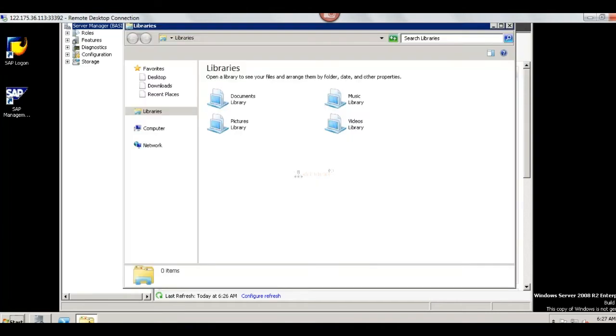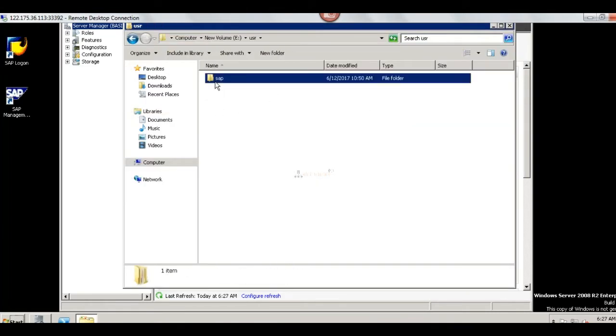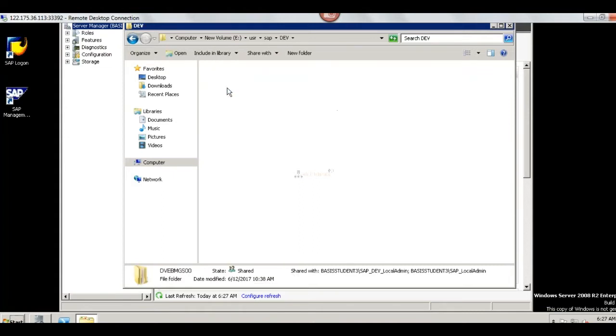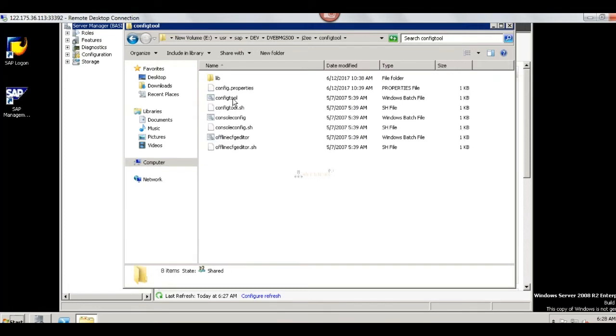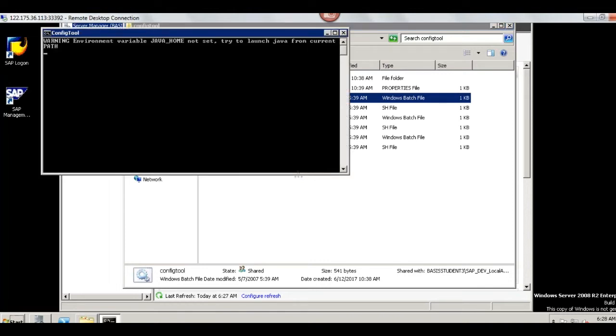So using the Config tool, what can we do? Under usr, sap, SID, instance, J2E, there is the config tool dot batch file. This is my Config tool file.